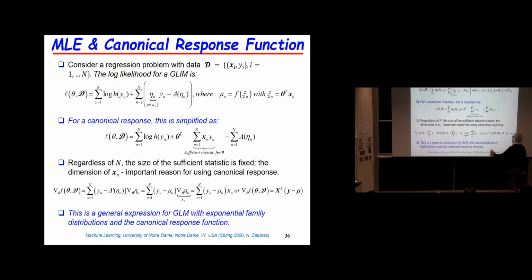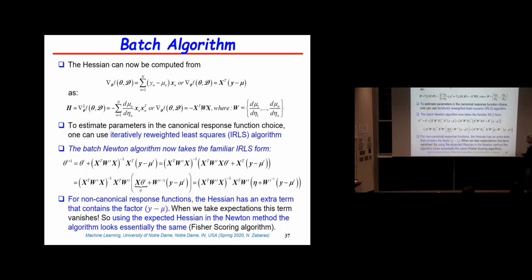So again, if you're going to do stochastic optimization one data point at a time, you're going to write one line of code and you're going to say theta is the previous theta minus this gradient. The error times xn, and you keep going through the data points until convergence. So I can write this in a matrix form using the design matrix: X transpose (Y minus mu). All right? And I'm not going to do the algebra because we have already done it. If you want to compute the Hessian,